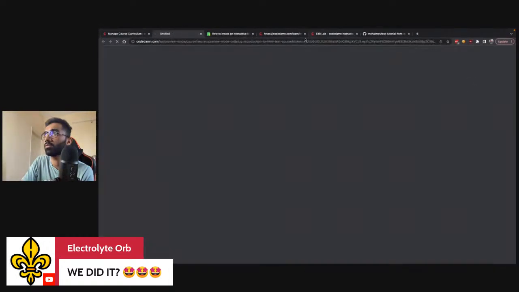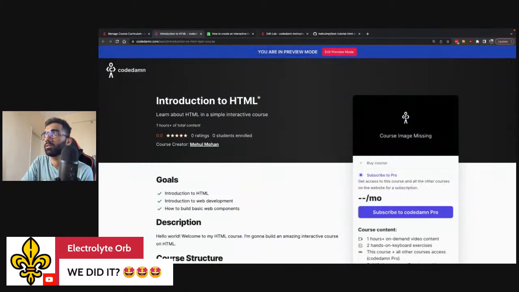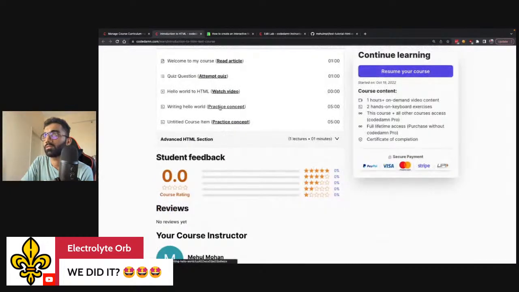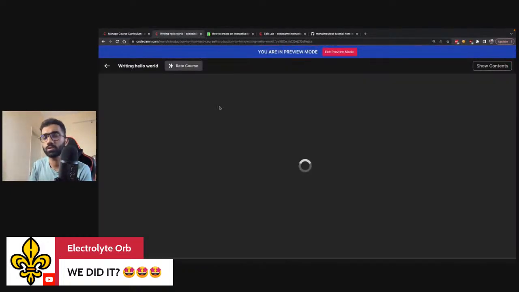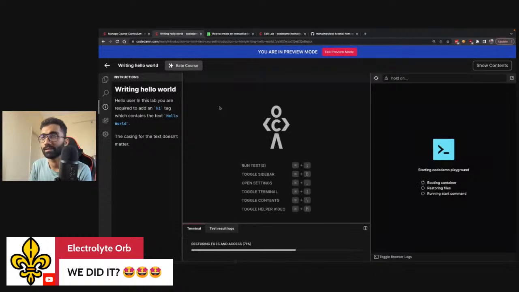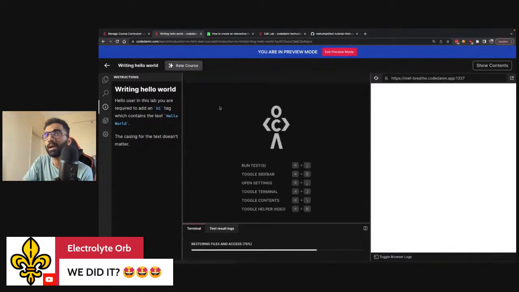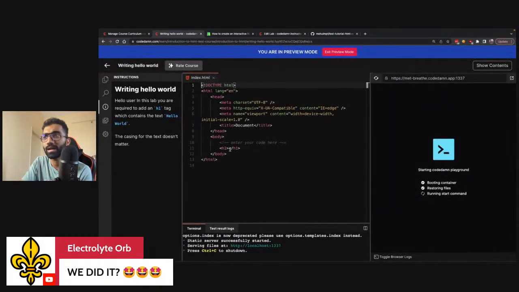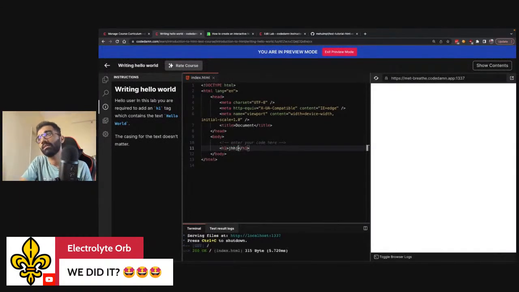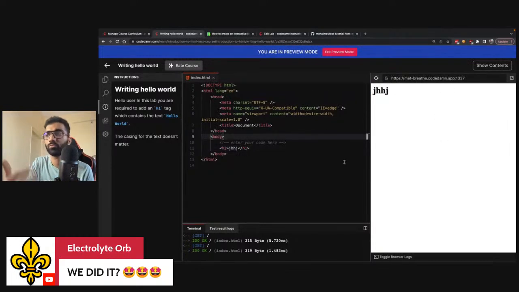But if I go back to preview mode again, let's click on this. Your students will see a preview like this where they have an IDE inside the browser. They can practice, learn interactively, and tinker around. I feel that is the best part of building a course like this, that you give your users such a premium, high quality learning experience.